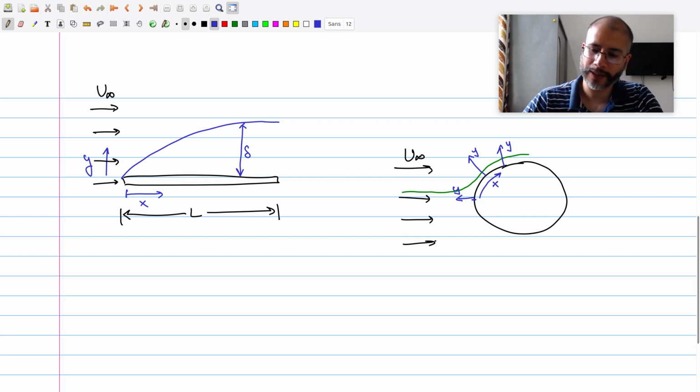So, it could be any one of these two geometries. The analysis will be the same, except for the later part of the discussion where we will solve the equations, particularly for the flat plate situation. Okay. The other assumption that we will be making now, in this case, in the curved case, the length L will then become the total flow path length. So, in this case, L becomes this flow length.